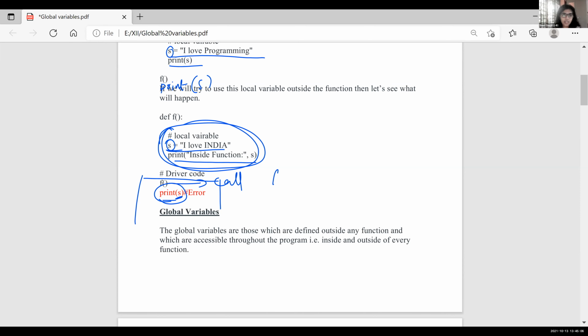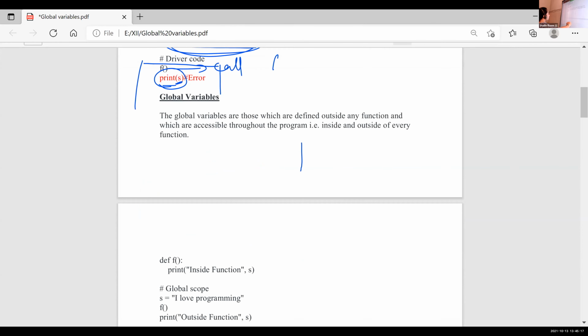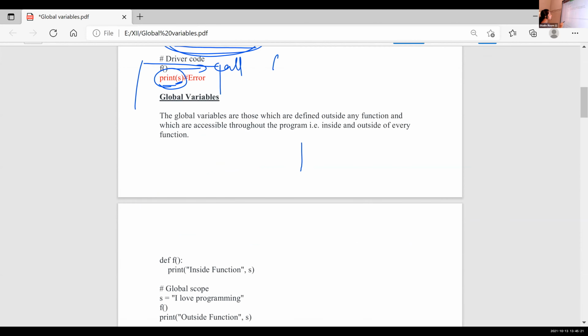Global is the keyword used to declare a global variable. And without that keyword, we can declare a global variable too. How can we declare one? Write the name at the starting of the program: s is equal to 1. Here this is a global variable.